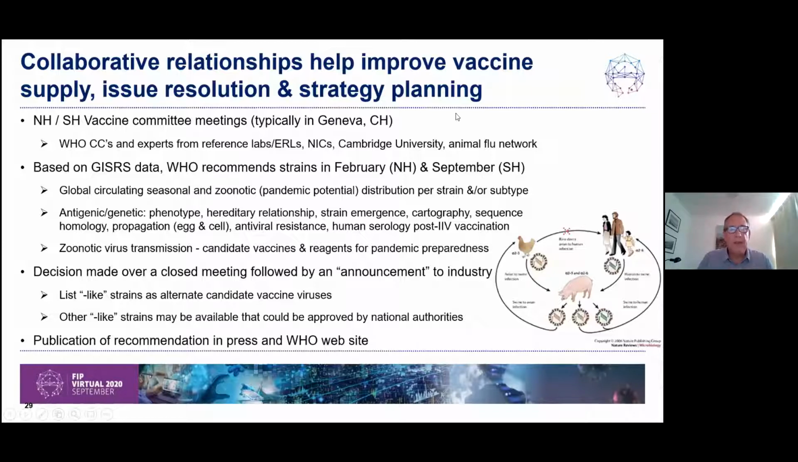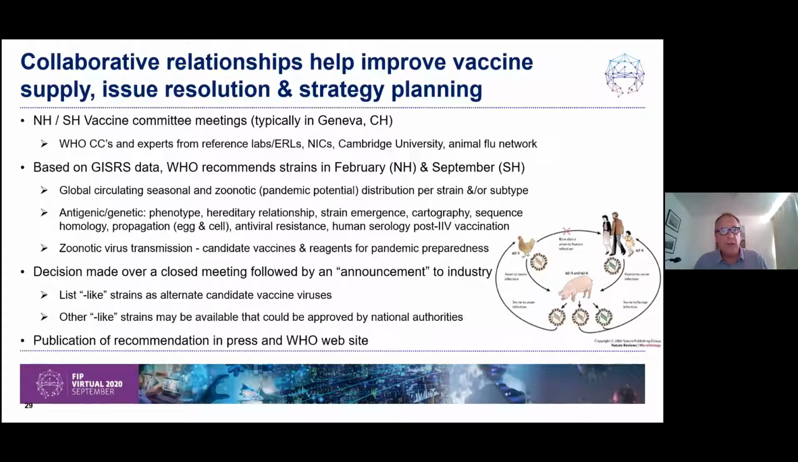So the collaborative relationship helps improve vaccine supply, it addresses issues, it helps with strategy planning. Industry meets with the WHO influenza group every other week by teleconference, but primarily twice per year face-to-face, typically not in a COVID setting. The vaccine committee meets typically in Geneva, and that is the WHO collaborating centers. So they're the 5: Atlanta, London, Beijing, Japan, Melbourne, as well as the animal groups, the animal flu network, as well as the ERLs, the National Influenza Centers, the facility in Memphis that looks at the ecology aspects of influenza, and delegates from Cambridge University that do some important cartography and mapping of